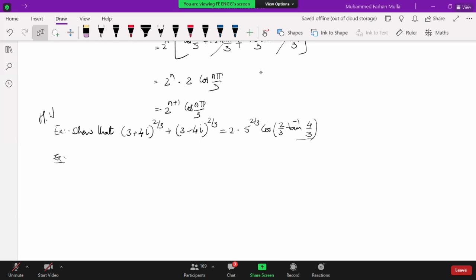So now I will take up another exercise. If alpha and beta are the roots of the equation x square minus 2x